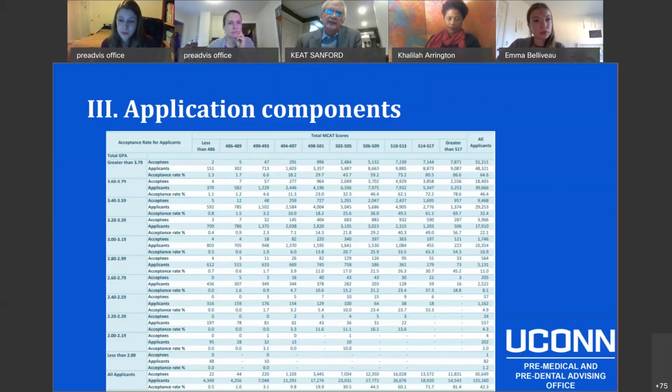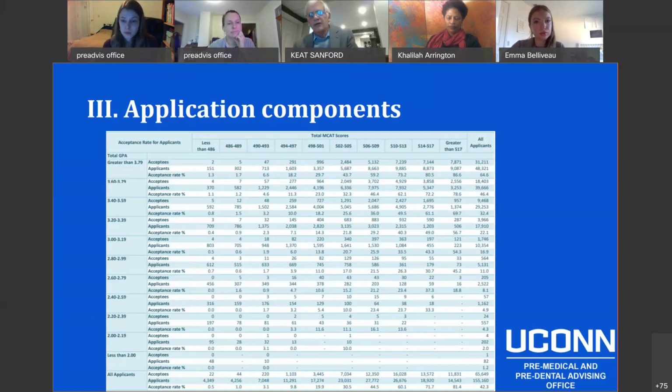You'll see in the slide on your application components, it just gives you a sense of what your odds are of gaining a spot in a school given a combination of MCAT and GPA. What's telling about this chart, which they use to verify that schools are indeed utilizing holistic admission review, is that even people in the top category, where you think they maybe have a shoo-in to getting into medical school, it's not 100%. There are folks there with 4.0s and 98th percentile MCATs that sometimes are not admitted,